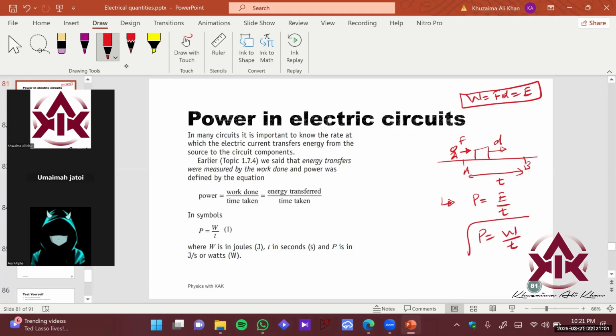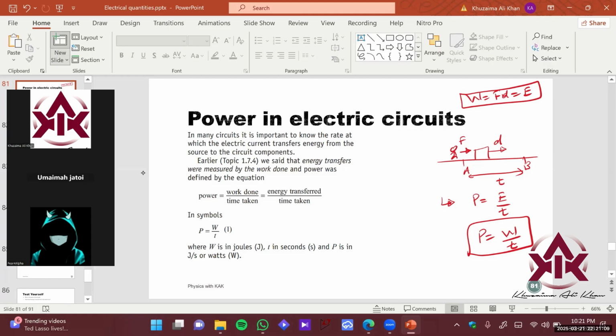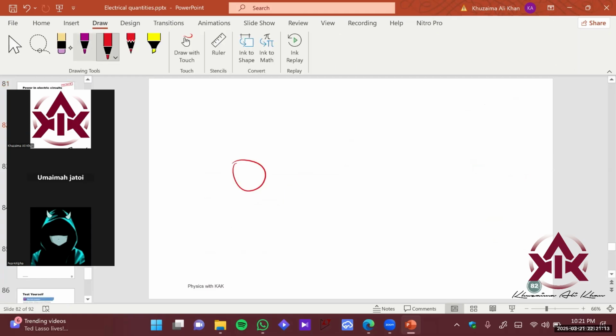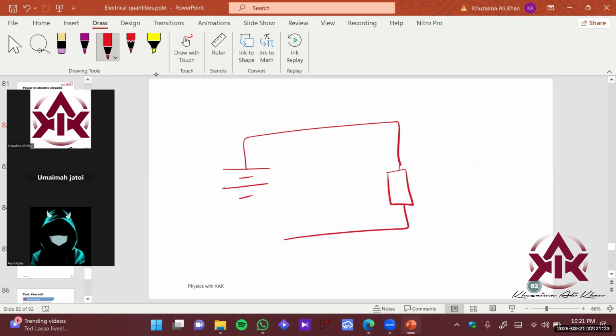right? So here we are basically applying a physical force on an object. Now just imagine this concept in a circuit, right? Let's say you have a battery here, and then you have a resistor here. This is 10 volts, right? And this is a resistor of 10 ohms. And the current is flowing in this direction, from positive to negative,